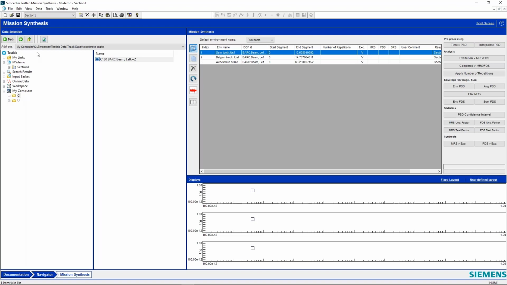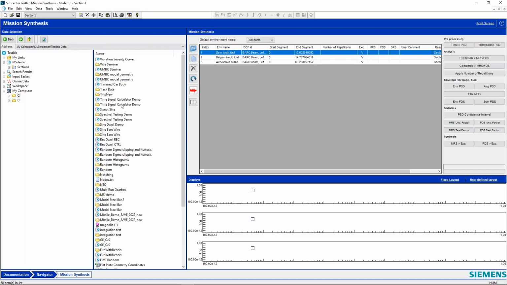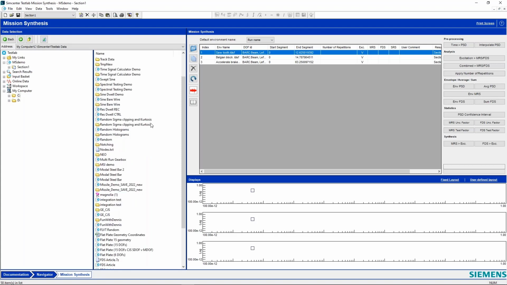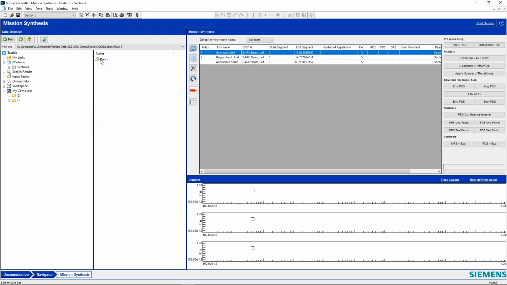And let's do something else fun here. We can go in and add some shock data as well. So let's take a look. Here we have some shock data we can add.